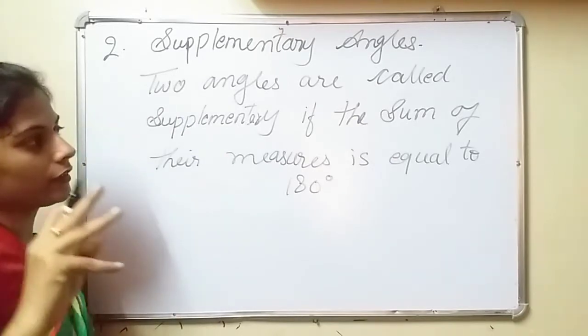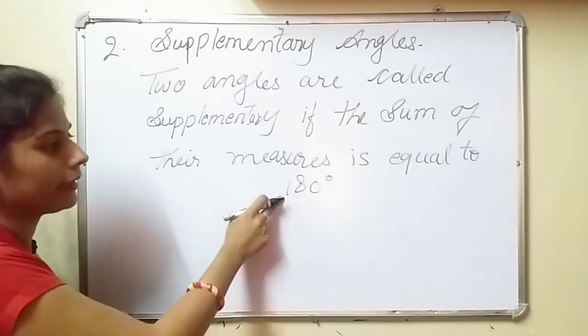If the sum of two angles is equal to 180 degree, it is your